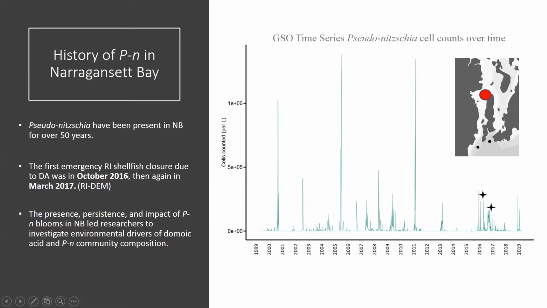However, the first emergency Rhode Island shellfish closure due to the neurotoxin domoic acid being in the shellfish didn't occur till October 2016, and then again in March 2017. So these closures are happening here. And what's interesting, they're happening with cell numbers that are much lower than what has been seen historically. And so that's really where